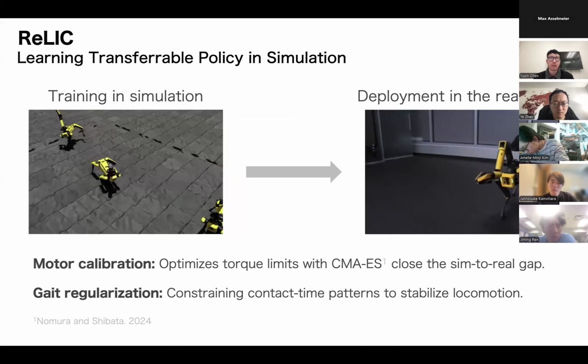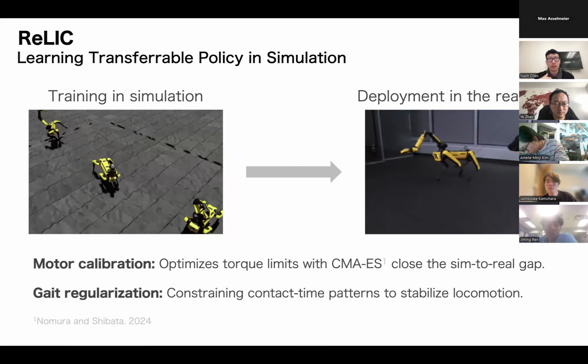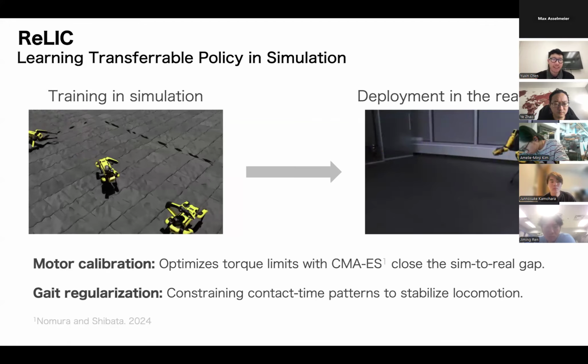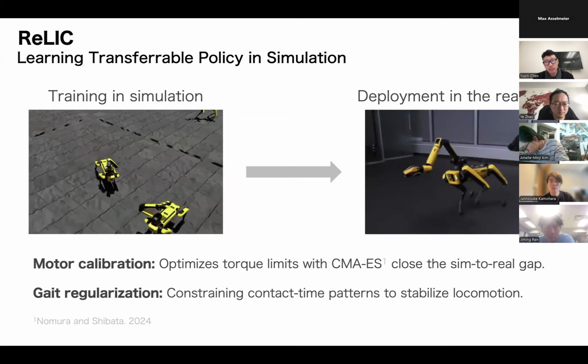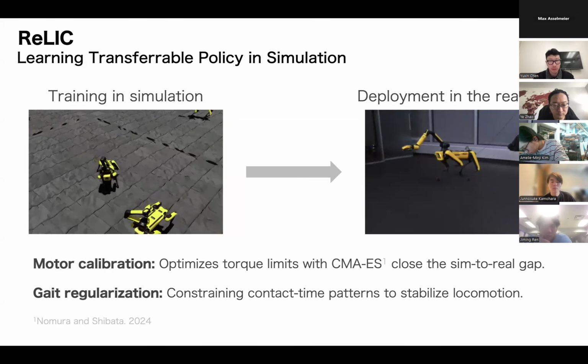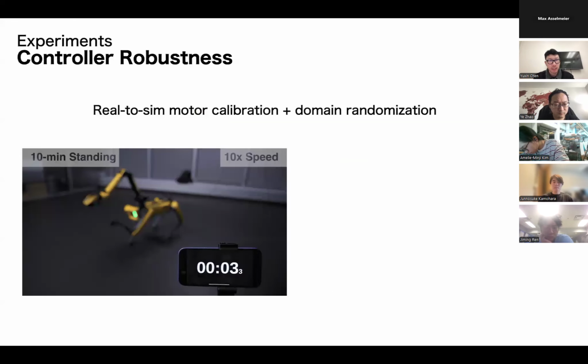So we do a lot of system ID to fit a curve and feed it into the simulator to correctly model the behavior of the motors. And then we also include gait regularization to constrain the contact time pattern to stabilize locomotion. I have some examples in the next slides.